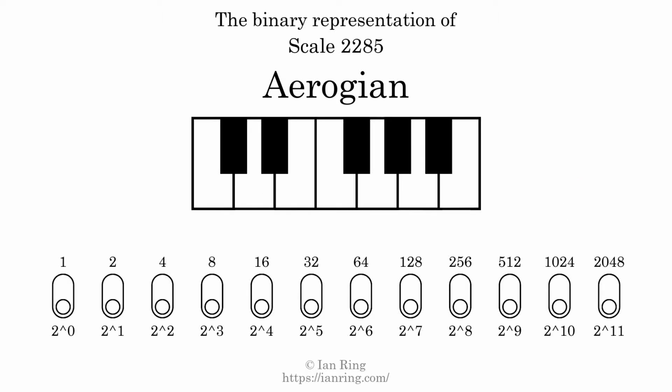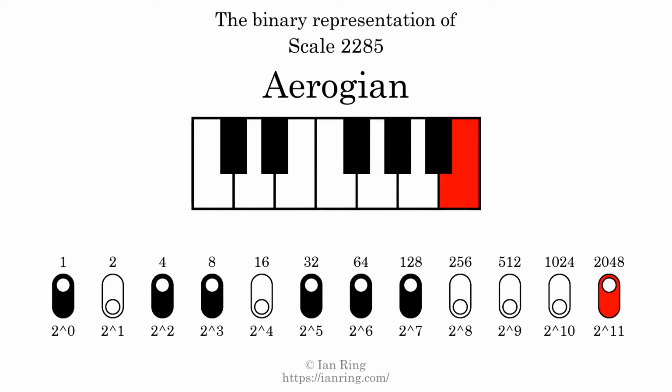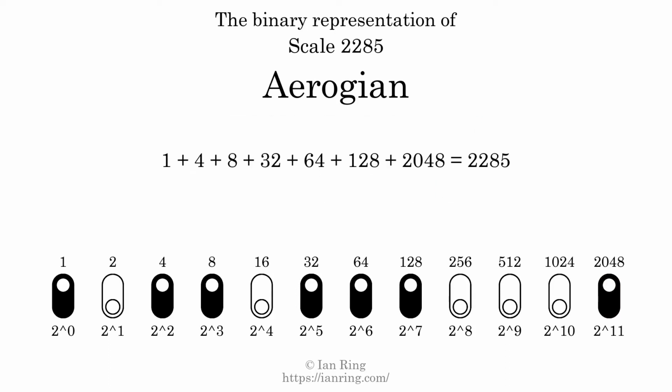The binary representation of this scale is determined by mapping tones of the scale to binary digits. Each binary digit represents a power of 2. To get the scale number, we add the powers of 2 together. The powers of 2 that are present in the scale, all added together, equals 2285. That is why the scale number, in decimal, is